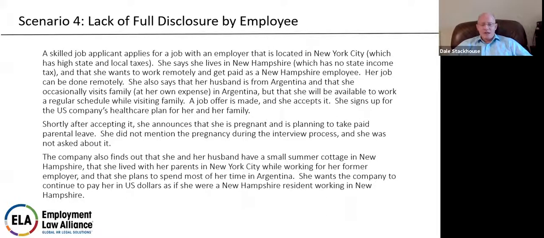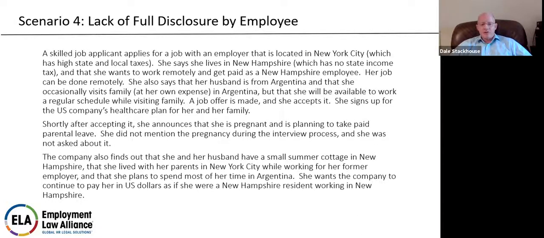I left this one for last because I think it's such an interesting fact scenario. And we have not a lying employee, but a lack of full disclosure employee. And this is an interesting one. I had something similar to this happen with one of our clients. A very skilled job applicant applies for a job with an employer, and the employer is located in New York